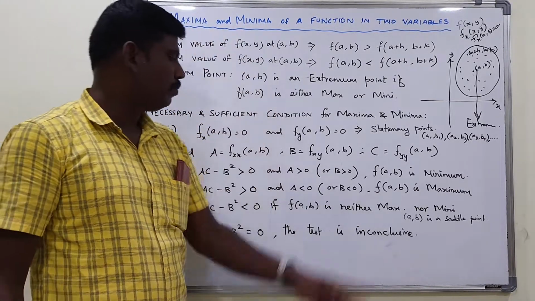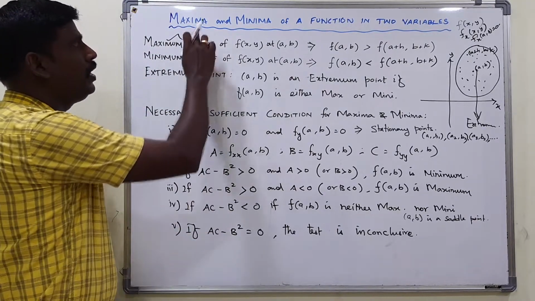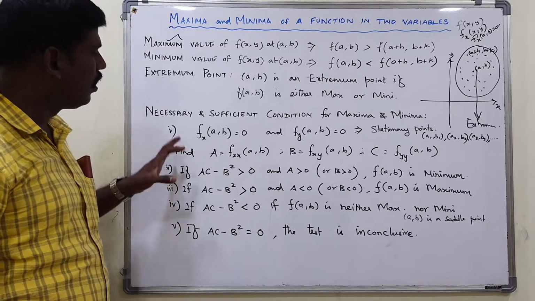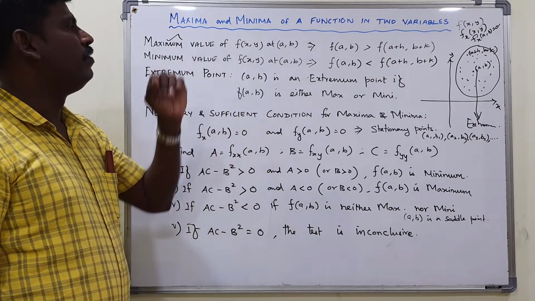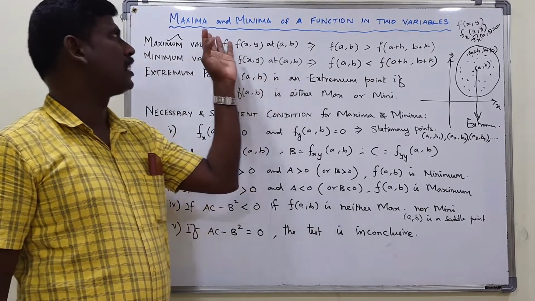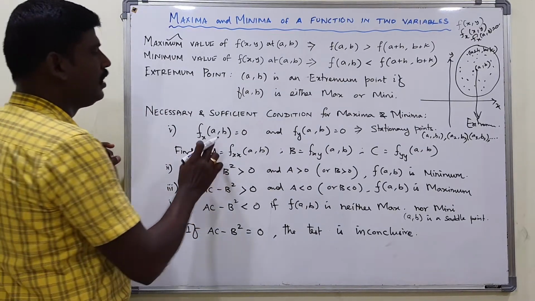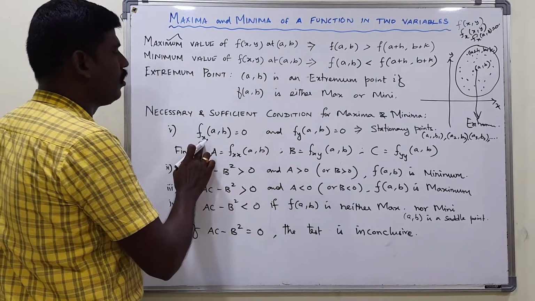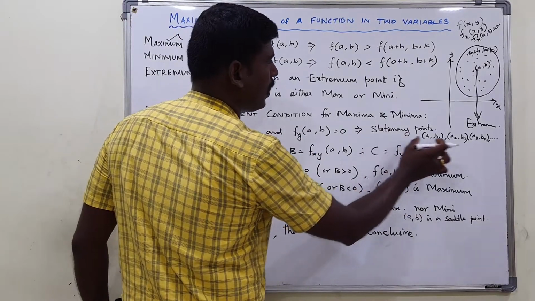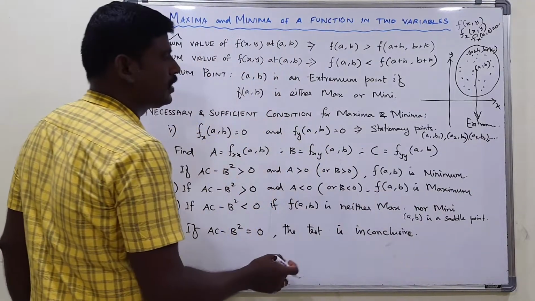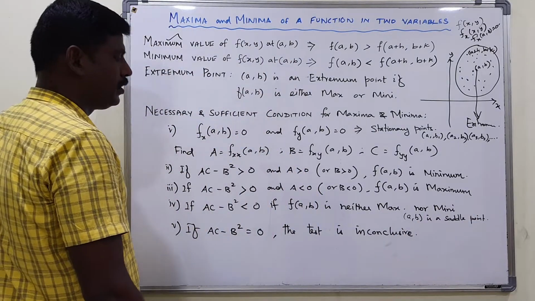About maxima or minima. So the test does not give any information about the maxima or minima. These 5 points are the most important when finding the maximum or minimum of a function of two variables, from the examination point of view. Just find fx and fy, equate them to 0, and find the stationary points. What do you mean by stationary points? At these points, f takes either a maximum, a minimum, or neither a maximum nor a minimum.